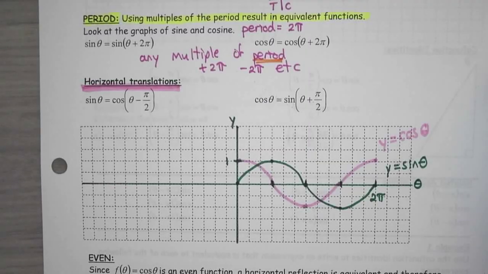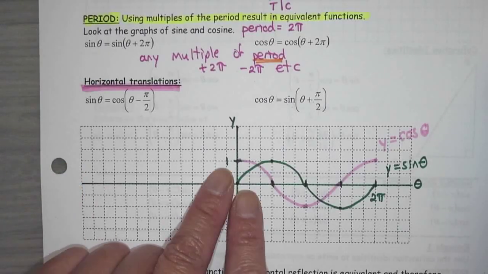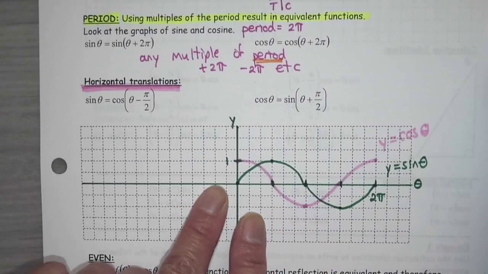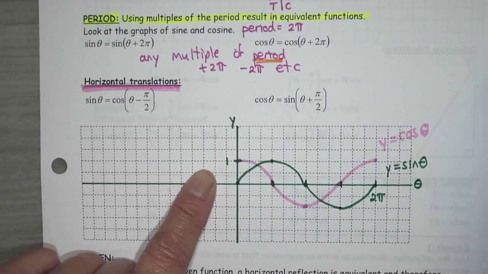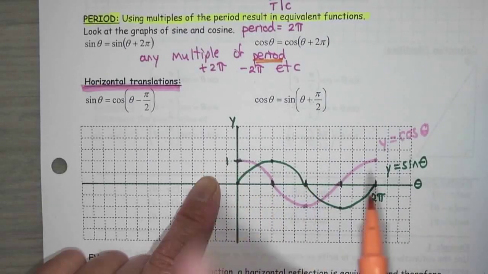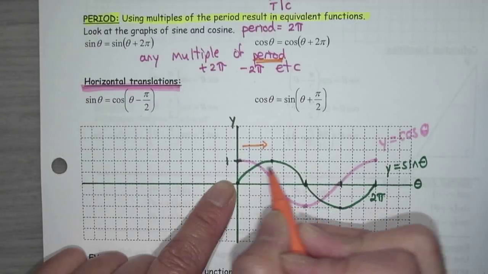These are equivalent expressions if you translate them. So again, they're just trying to get you used to the idea of equivalent, which I always think of as like simplifying. So can I simplify this to be a cosine and a sine? Yes, you can go back and forth. So if I have the cosine graph, I can make it into the sine graph by translating it. That would be right